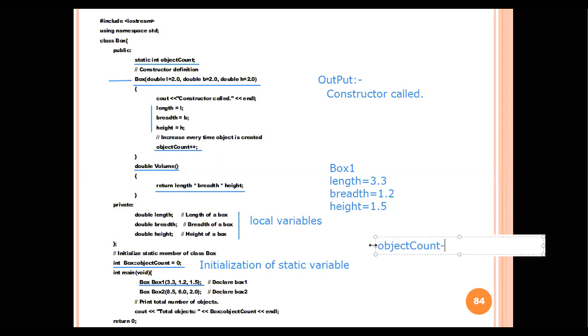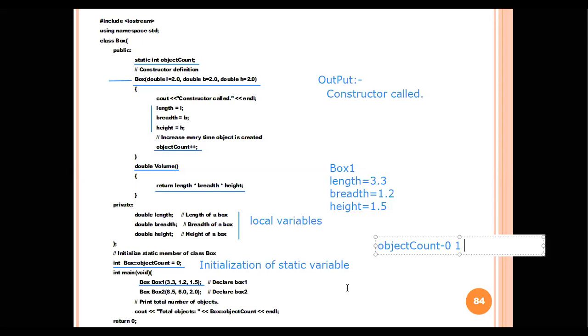Before execution, the value of object count is 0 because that variable is initialized to 0. Next, when the compiler executes object count plus plus, what is the next value? 1, because it considers the previous value available in that static member. So we are done with this first constructor.